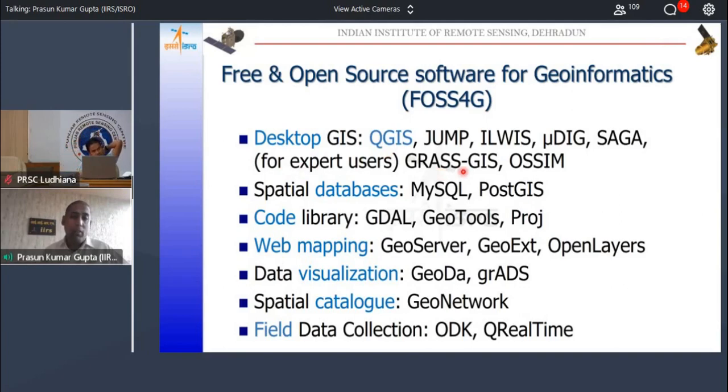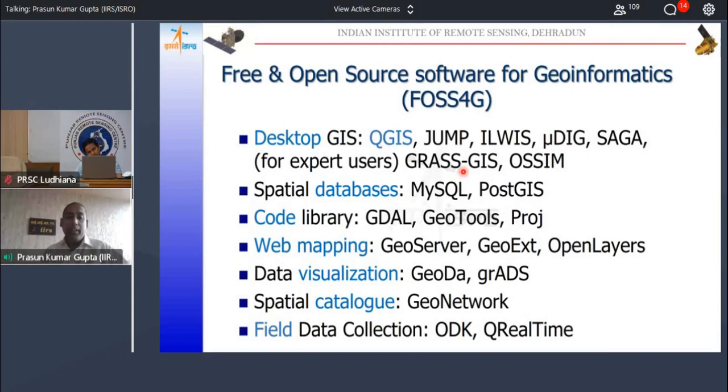And if you already know all this, and you want more power, more functionalities, then you start looking at GRASS GIS. GRASS GIS, the beginning is very interesting. It was just under development and being used by the US Army since before that.